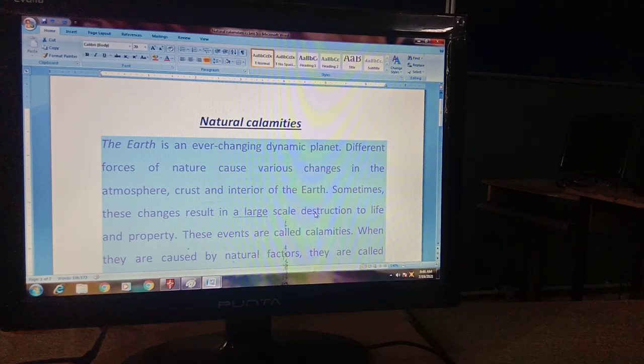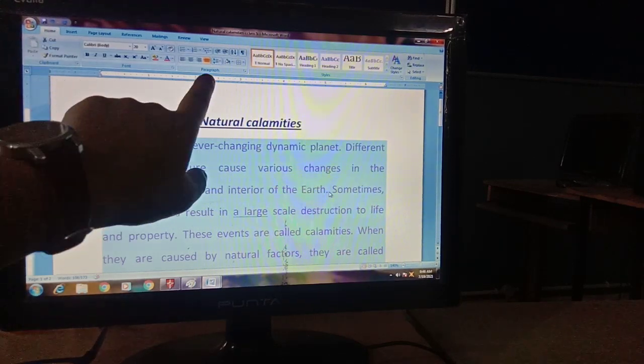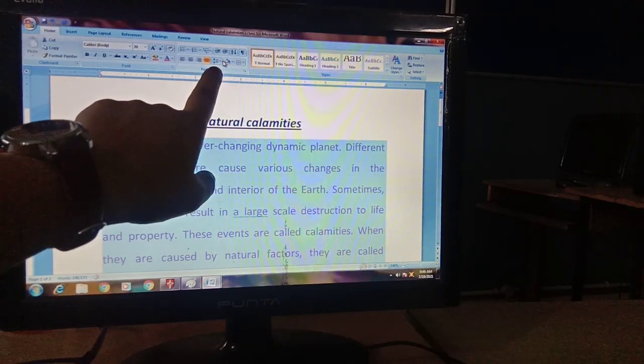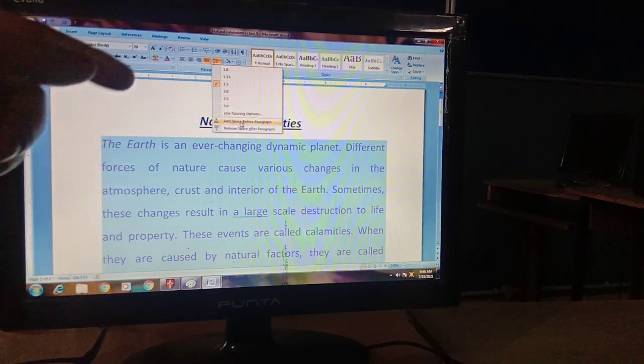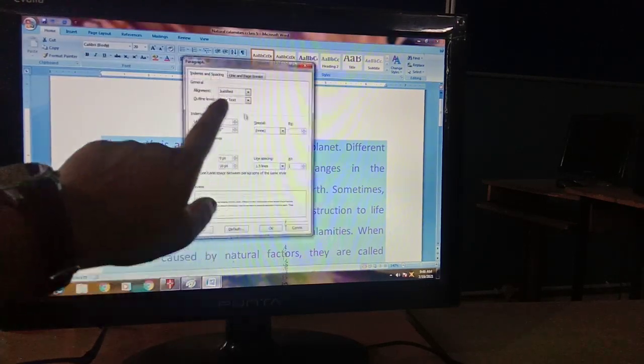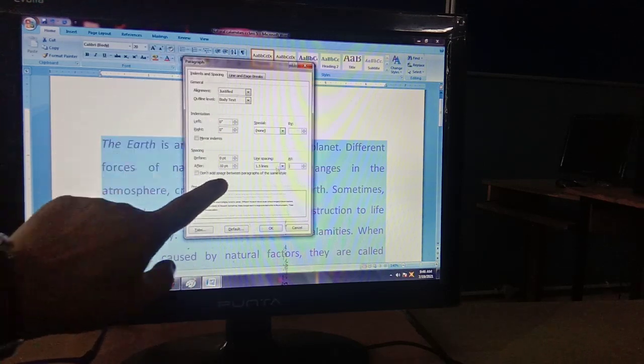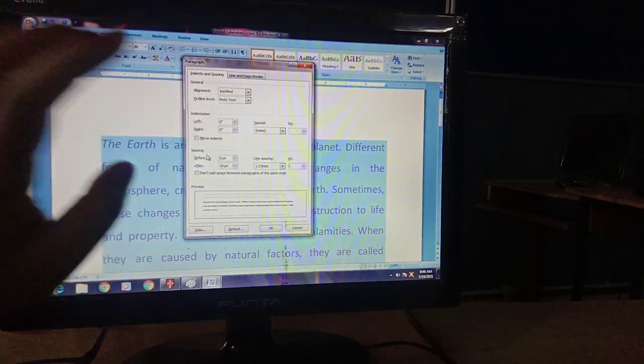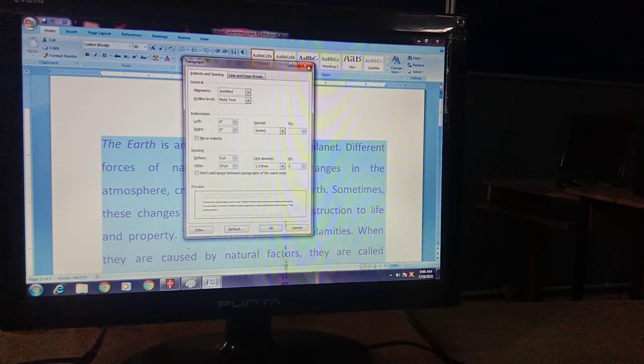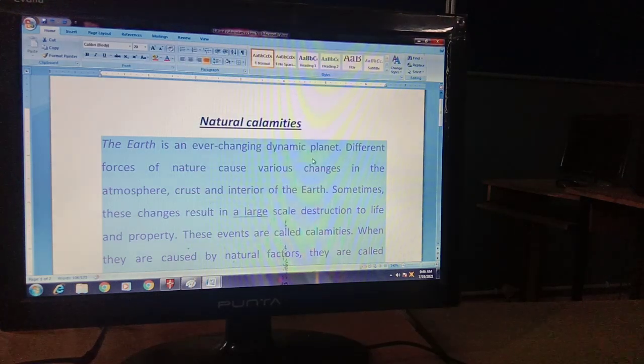To change it, go to the Home tab, the Paragraph group, and there is a line spacing button also. You can go to the line spacing options, then the Paragraph dialog box will open, and you can change it from here also, from the spacing. Okay, clear to everyone? So this is how you can change the line spacing. Your line spacing topic is clear to everyone? By default, the line spacing is set to single. By default, single line spacing होता है.